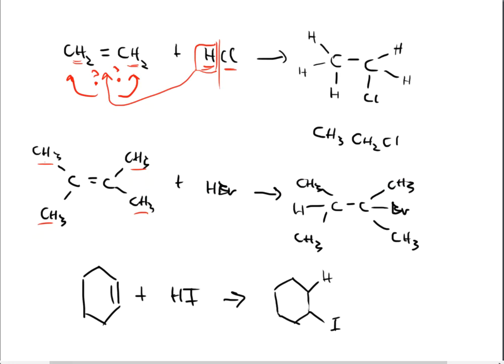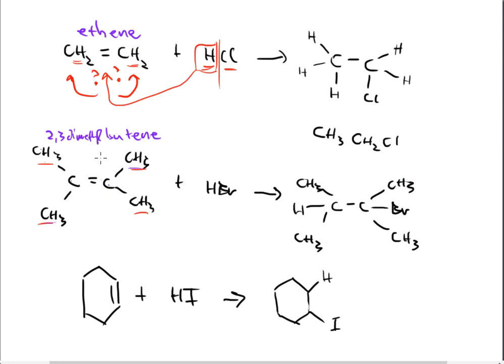So before we go further, let's go back and take a look at some nomenclature rules. So let's look at this one. Two carbons in a long chain, so this is an eth, and it's an ene because there's a double bond there. Here, 1, 2, 3, 4 in a long carbon chain, so this is but, and this is butene. And it looks like on carbon 2, I've got a methyl group. And it looks like on carbon 3, I also have a methyl group. So